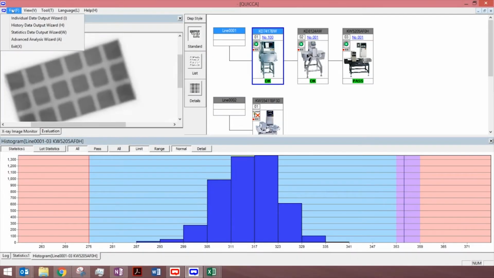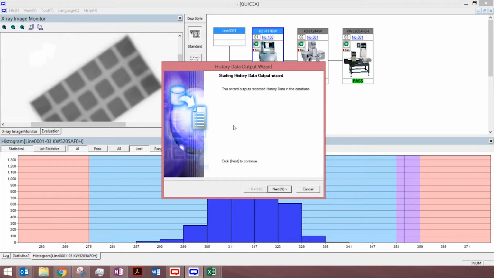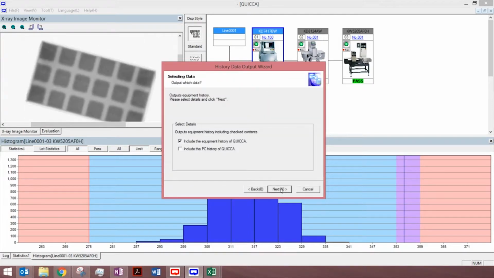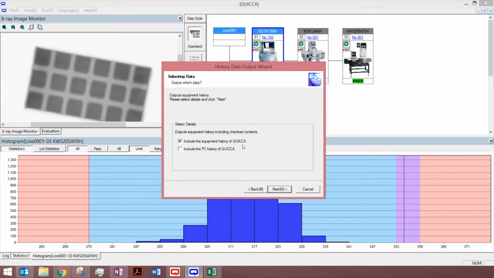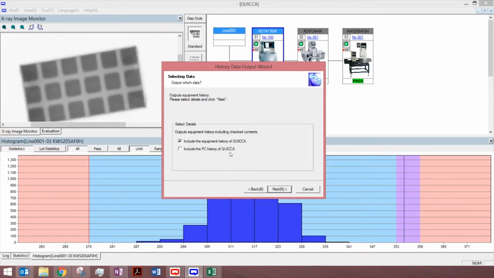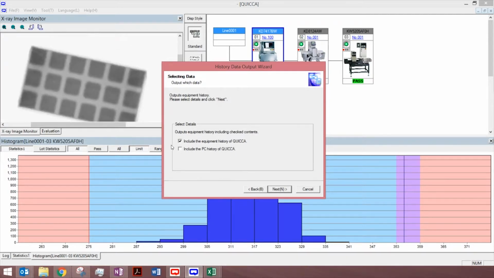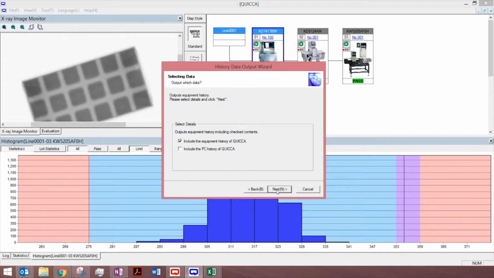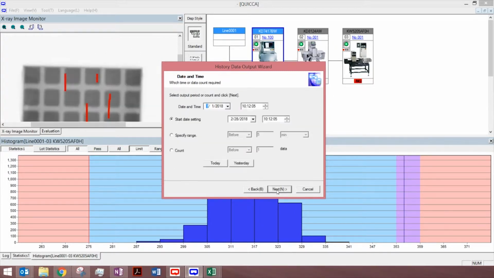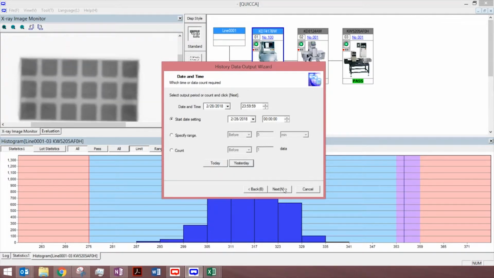From here, I'm going to go to Historical Data. Select Next. You can include the equipment history of Quicka and then the PC history of Quicka. The PC history of Quicka also entails any errors that pop up on the PC as well. I'm only going to select the equipment. I'm going to select yesterday, to show what happened yesterday,